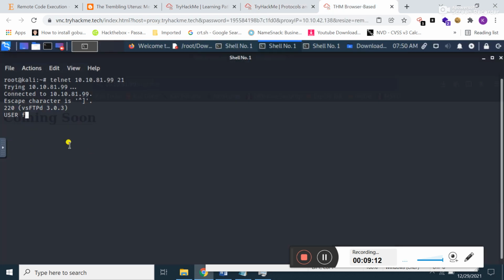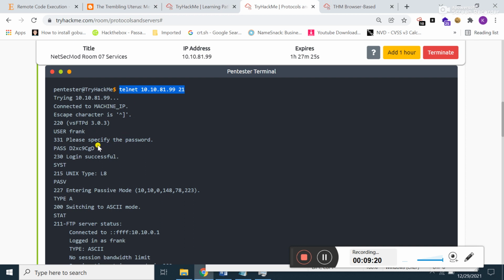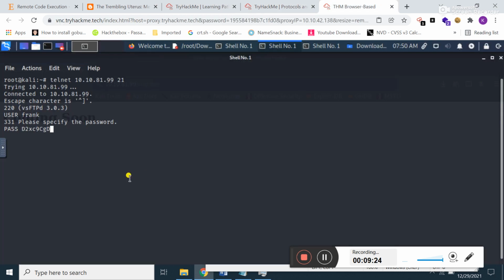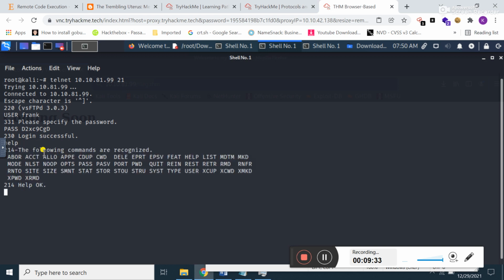If I type Frank and press enter, it asks me to specify the password. I simply copy it from here, move to my terminal, paste the password and press enter. See, I'm successfully logged into this FTP server.